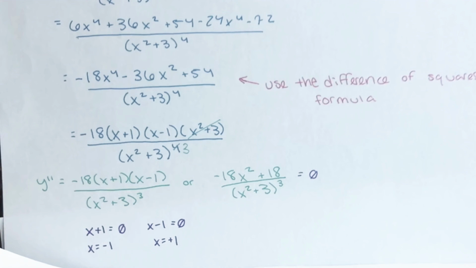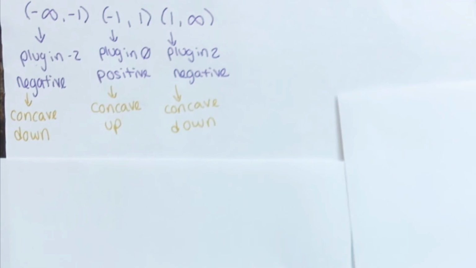And then I set the numerators equal to 0 and got x equals negative 1 and x will also equal a positive 1. And then we set up our intervals and plug in a negative 2, which yields a negative number, so that means the first half is concave down. When you plug in a 0 for the second interval, you yield a positive number, which means it's concave upward. And then you plug in a 2 for the third interval, and you yield a negative number, which means it's